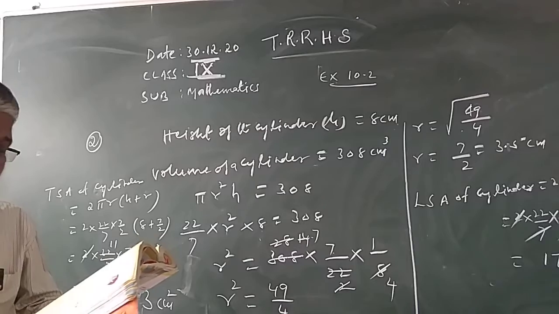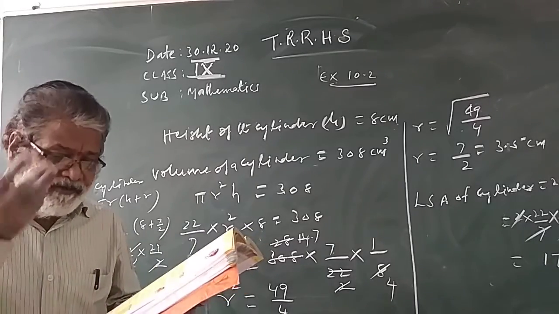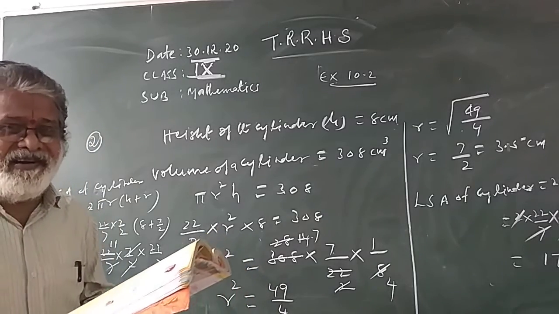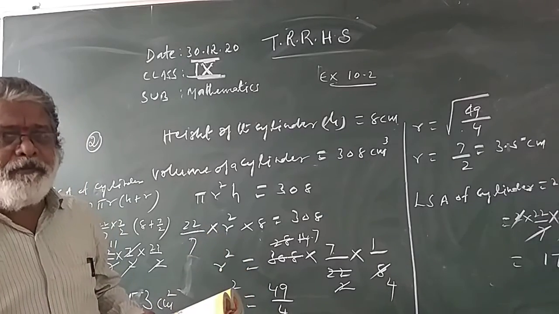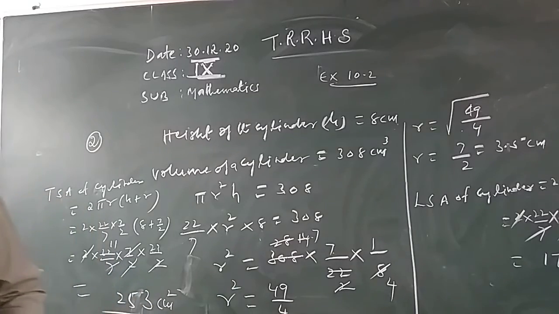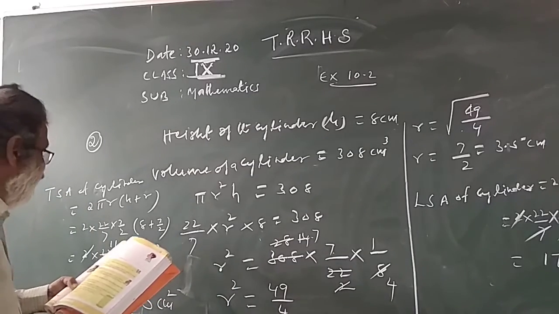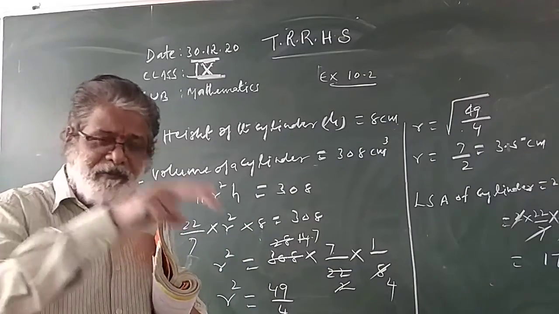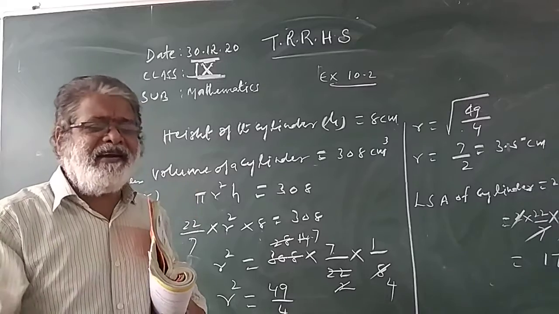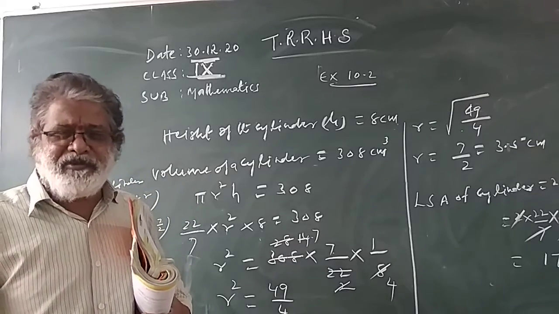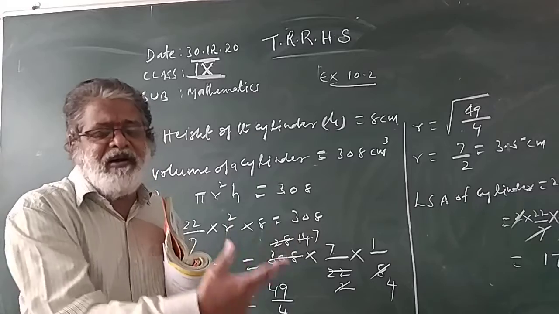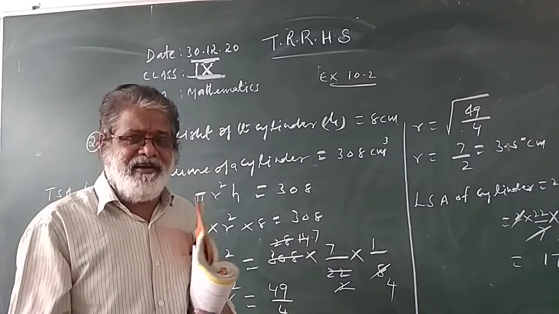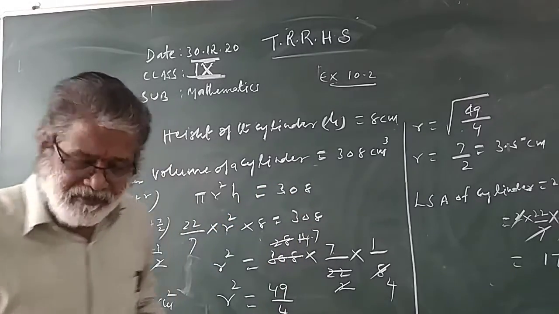From that, what did they do? A cuboid is melted and shaped into a cylinder. That cylinder's height is 14. What is its radius? From the cuboid, they shaped a cylinder, so you have to calculate the radius of the cylinder. So both volumes are equal. When the cylinder is made from the cuboid, the cuboid is melted and cast into a cylindrical shape. The same liquid obtained from the melted cuboid is used to shape the cylinder. So both volumes are equal.